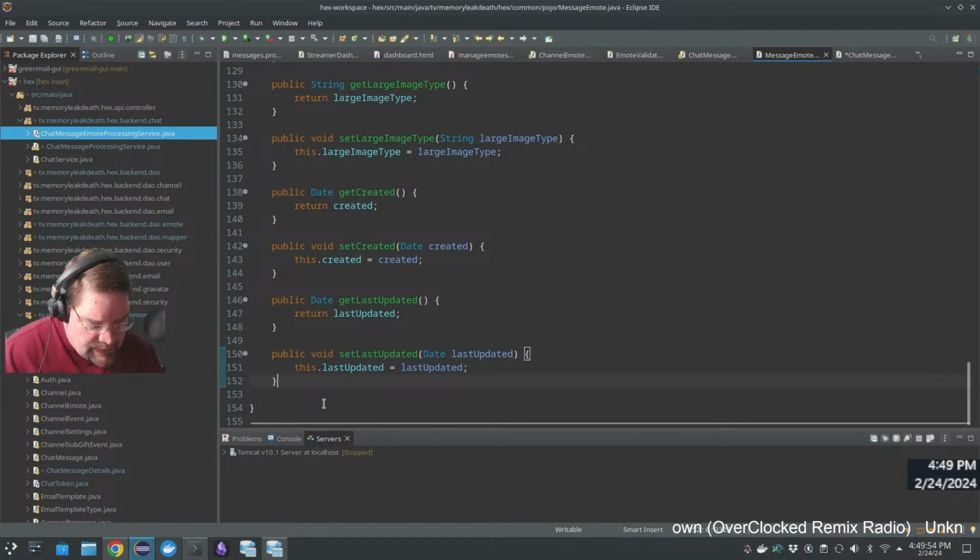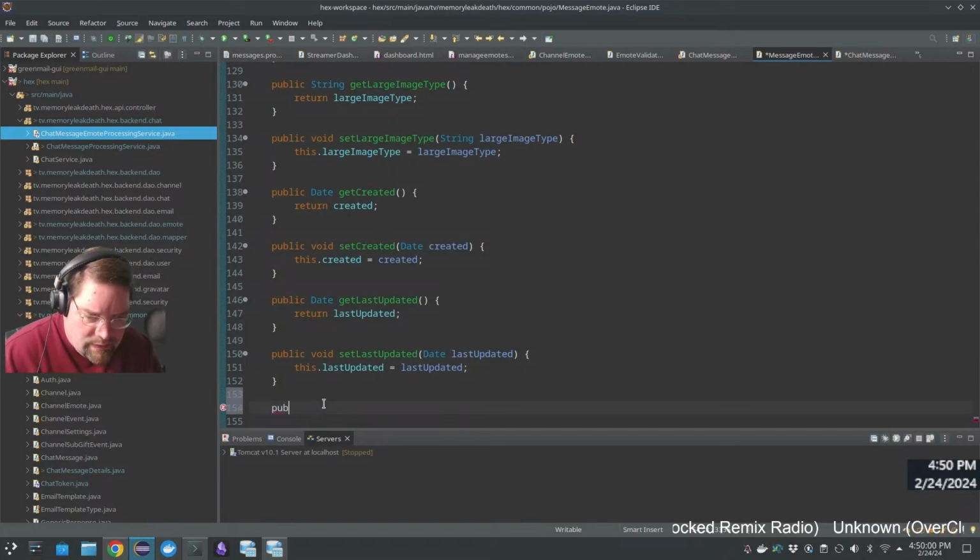I want to say I have like a helper method here, public